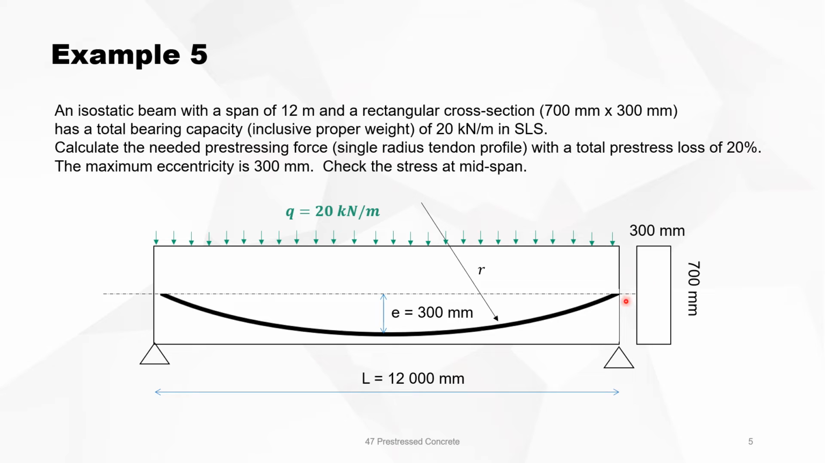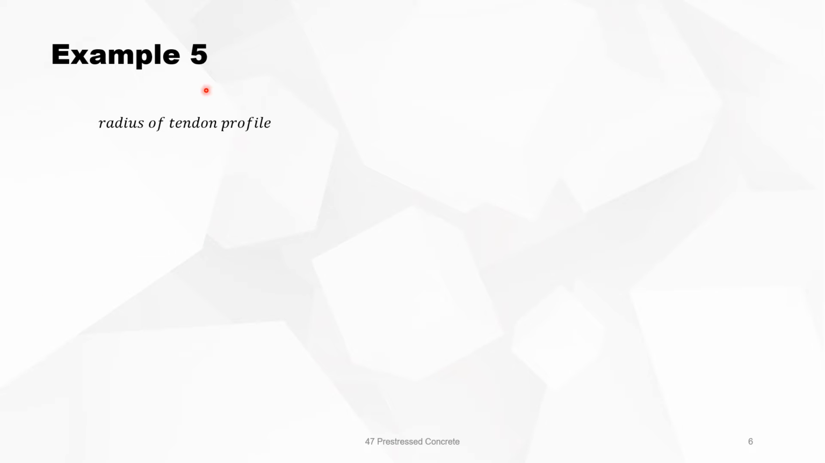So now we will do a design of the needed pre-stressing force. The radius of the tandem profile is L squared over 8E plus E over 2, but we will neglect the E over 2. It's 60 meters. The load balancing method,